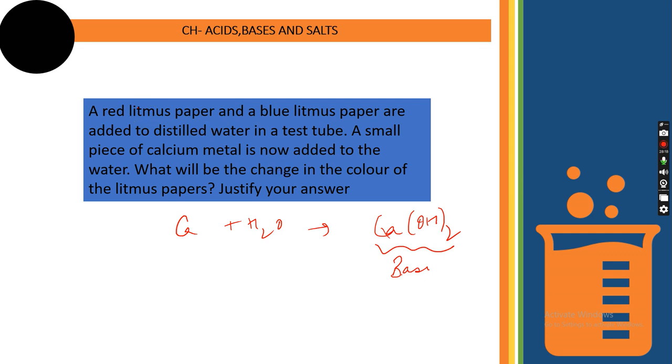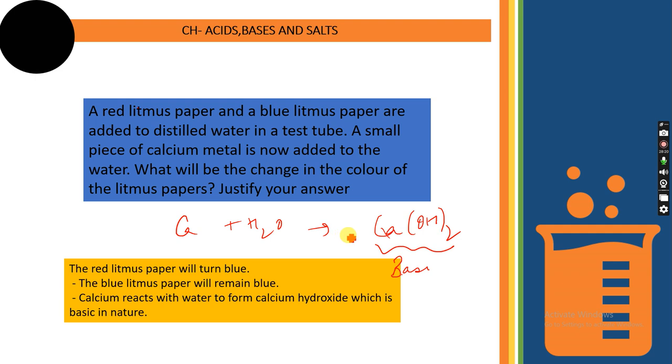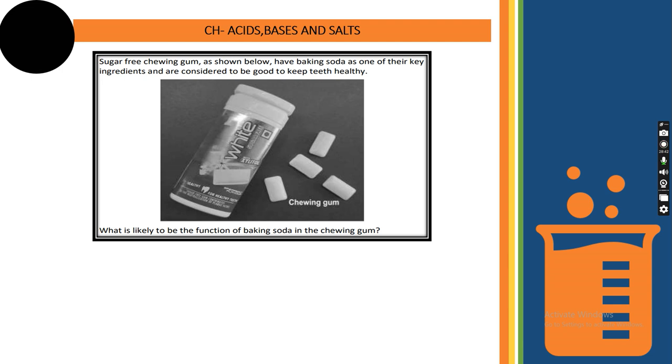So we have already done pH. So your blue litmus, since it's a base, will remain blue, and red litmus will turn blue. Blue stays blue because it's not an acid, it's a base, so red litmus will turn blue. So calcium hydroxide is a base. I hope I am clear with this. You just have to know which one is acid and which one is base, so which litmus paper you will use, that way you need to answer.